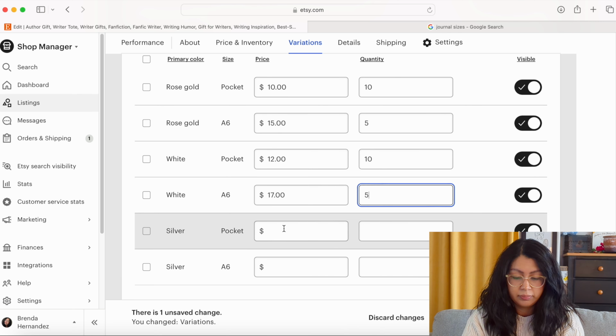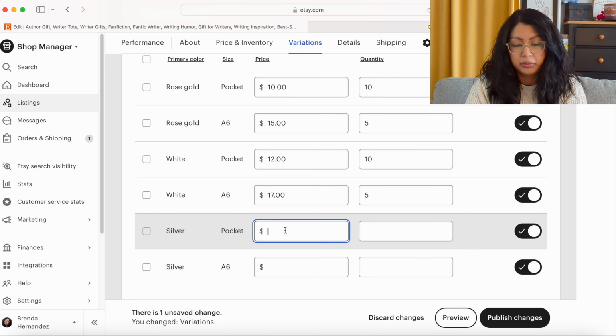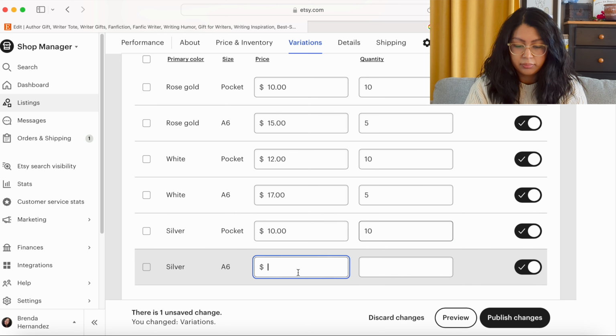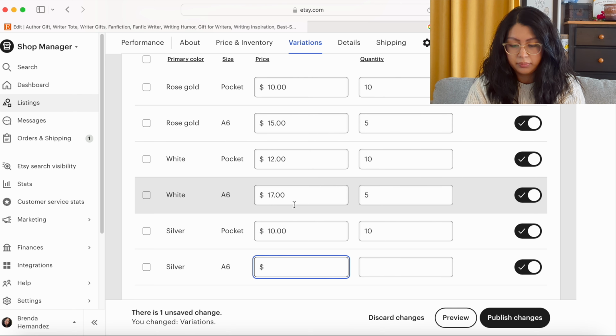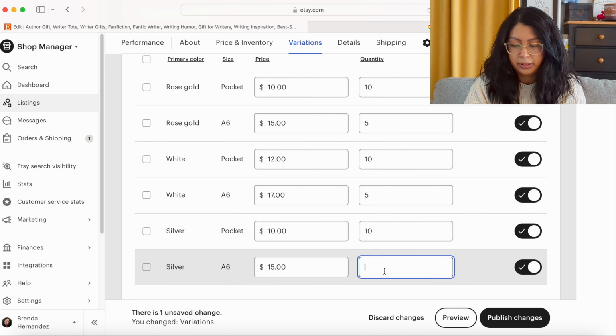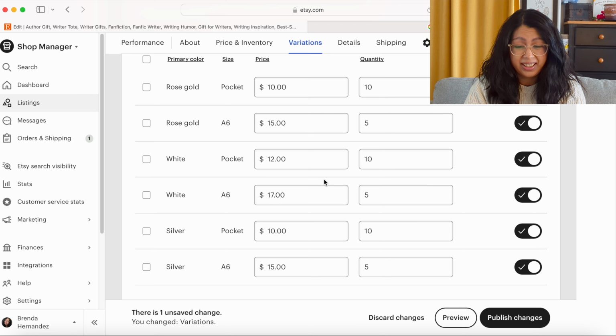5. And then let's say silver and rose gold are about the same price point, so we'll keep that at 10. 10. And then A6, rose gold, 15. 5. And as you can see, this can get a little complicated, so I would suggest just slowly going through